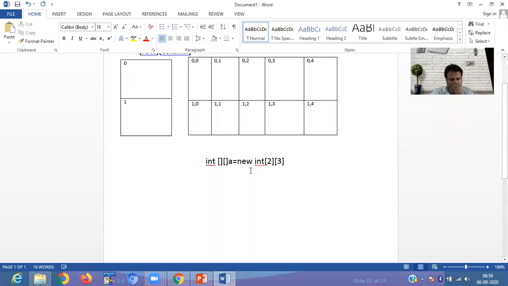Here it is showing int a = new int[2][3]. So first represents the row, second represents the column. Now for initializing the array elements, int a, we can initialize the values in this way.